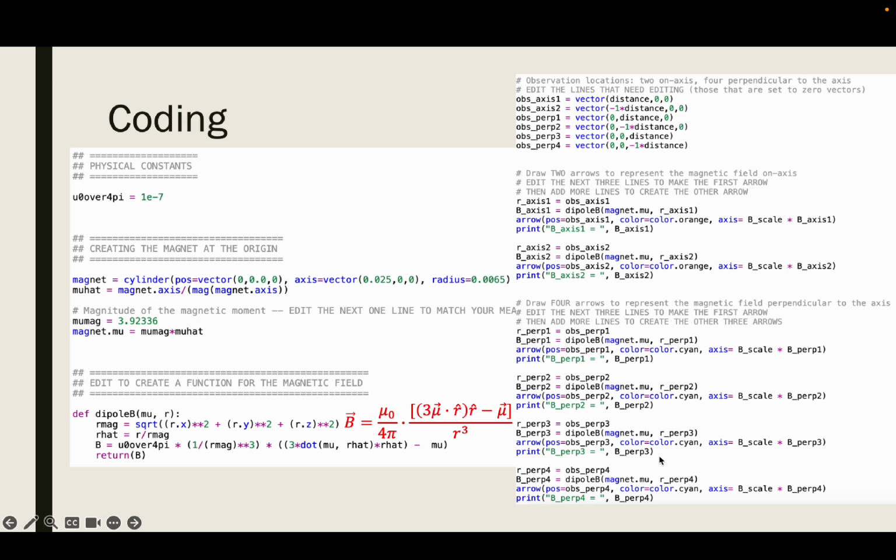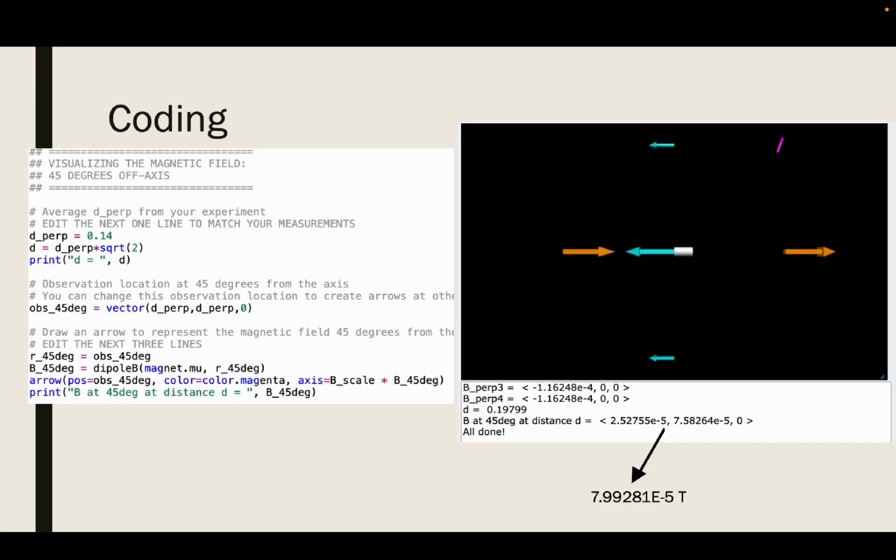Next, move on to the coding part. We plug in the mu from the measurements and define the B function by using the formula that I introduced earlier. On the right-hand side, I define the parallel and perp axis as well as the arrows at the different locations on the axis. Last but not least, I visualize the magnetic field values for 45 degrees off-axis. On the right are the arrows and the results. As we can see, the magnitude of the 45-degree off-axis magnetic field can be calculated, and it is 7.99281 e-5